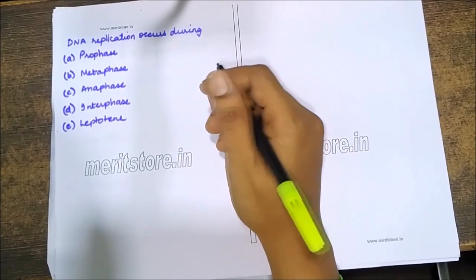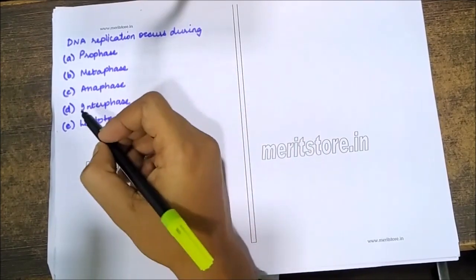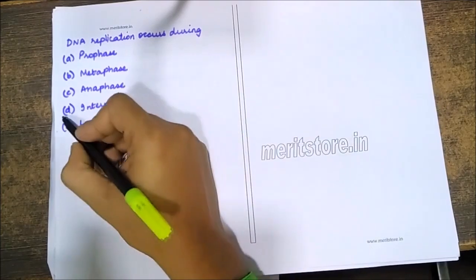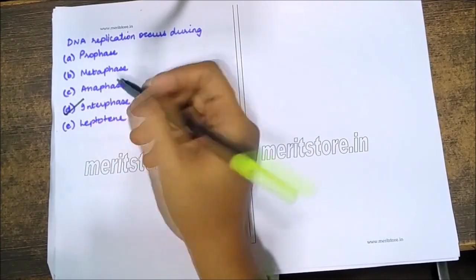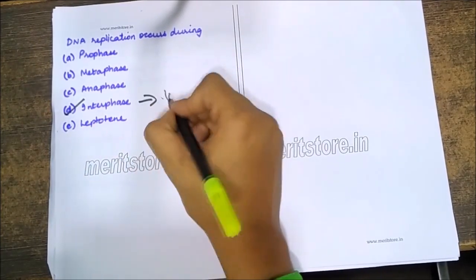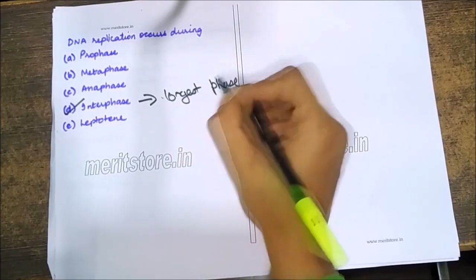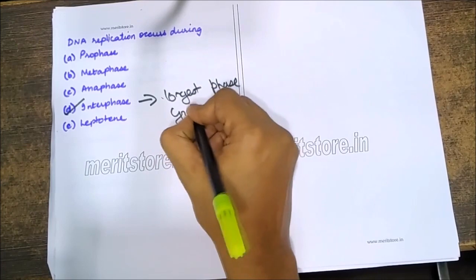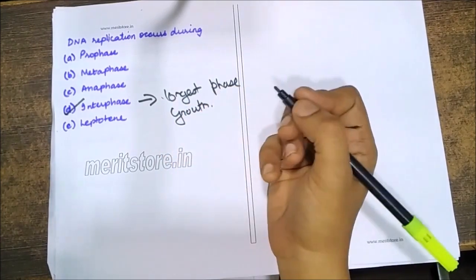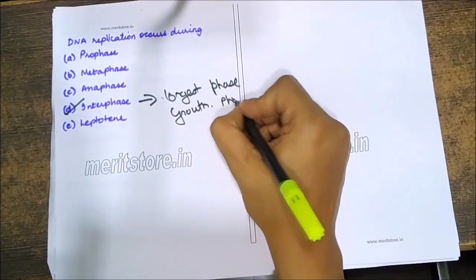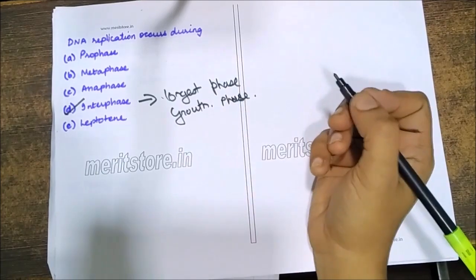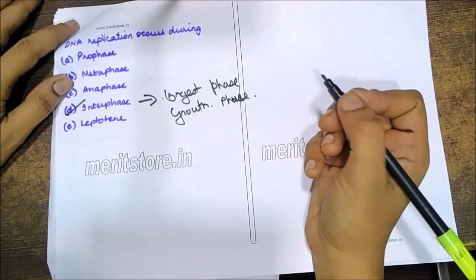DNA replication takes place in interphase. See, interphase is the longest phase, and here growth is occurring. Okay, this is also called the growth phase. So DNA replication would occur in interphase. Next,